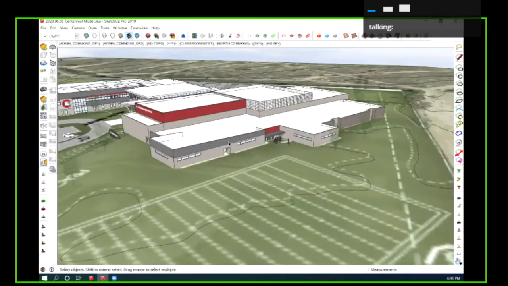These volumes here are the vocal and band orchestra spaces. So we want to try to limit the amount of glazing for acoustical reasons. If we had too many windows in there, there'd be too much sound distortion. So we try to keep those windows limited, but also understanding that daylighting is very important to these learning spaces.